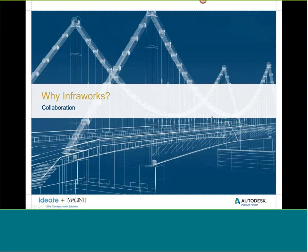So getting into the purpose behind today's webinar, we're now looking at why we're using Infraworks, and not just Infraworks in general, but Infraworks for collaboration. When we talk about Infraworks for collaboration, we're trying to leverage the functionality included inside of Infraworks that allows us to take data from multiple sources and compile them all into a composite model to give a better representation of the entire project or the whole of the project idea and the concept rather than